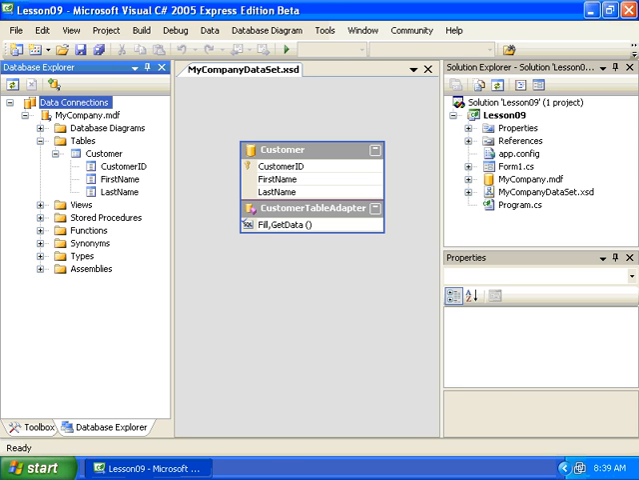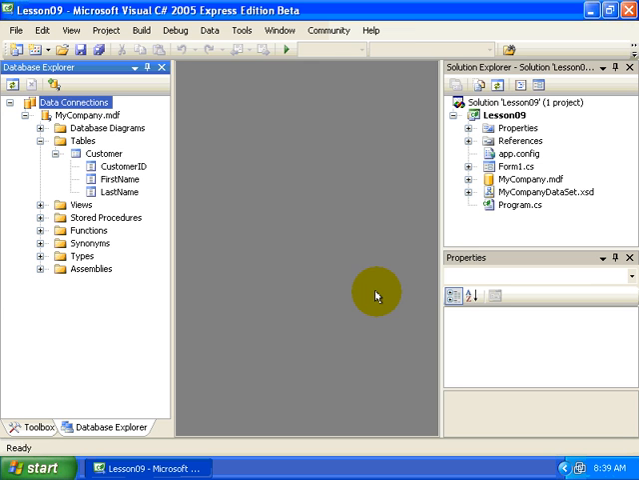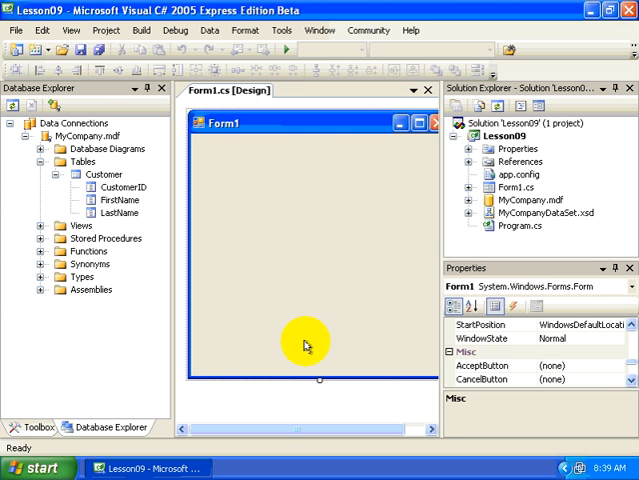Now, once we have this data set over here, we can make changes to it and everything, and it doesn't impact our original data source, the mycompany.mdf file. This is a little bit advanced. Let's not worry about that just for the moment. I just wanted you to see what an XSD file looked like, and we'll talk about XML files at length in the next video. So the next thing that we want to do is open up the form1.cs